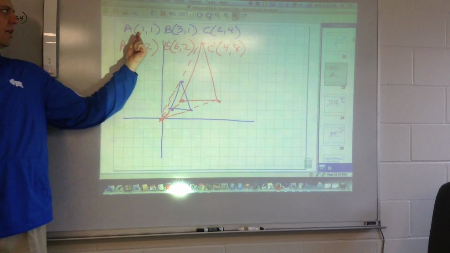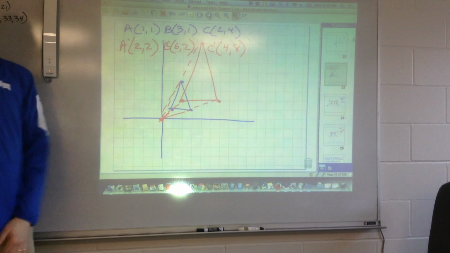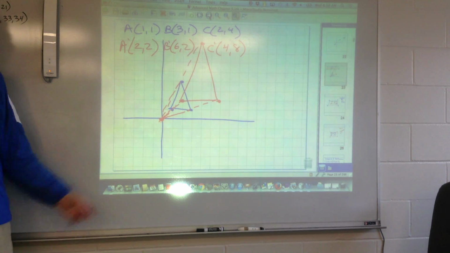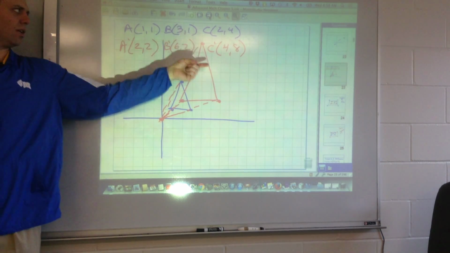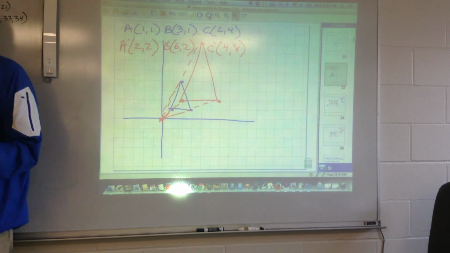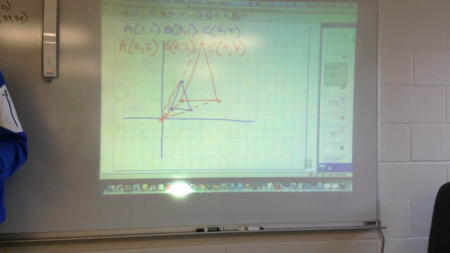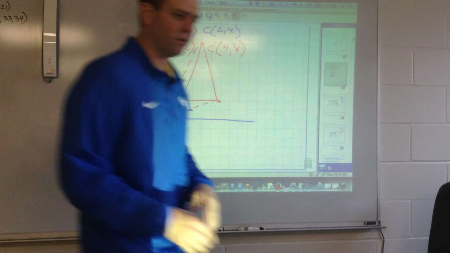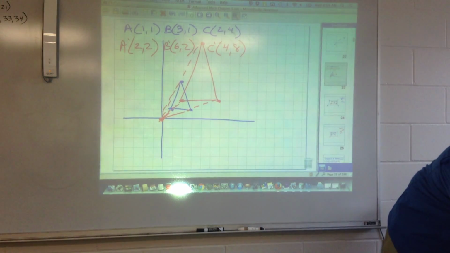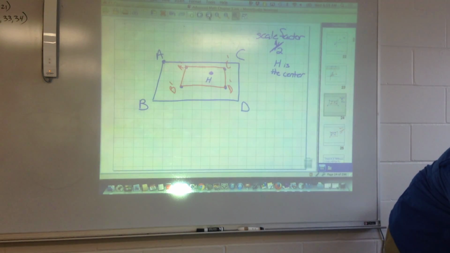Look what I did. The scale factor was 2, so look what happened to all the coordinates. Multiplying by 2, times 2, times 2, times 2, times 2, times 2, times 2. That's that easy. You're just multiplying them all by a number. Okay? So that's an example of a dilation. Another example of a dilation,